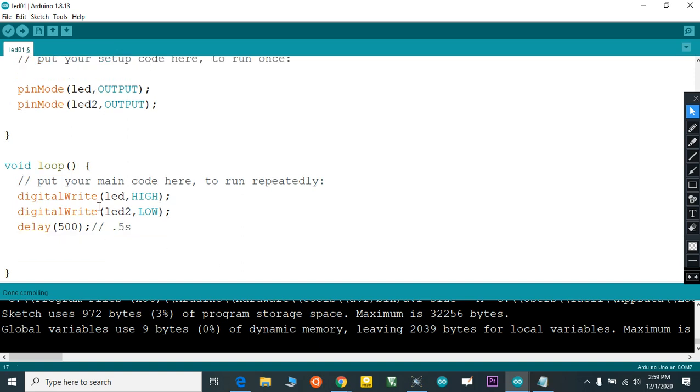So here we are going to use a for loop. What is the syntax used for a for loop? For, we need a variable, int I. First we set the variable initialization, I equal to 0. Then I check whether I is less than 8. Then the increment, I plus plus.